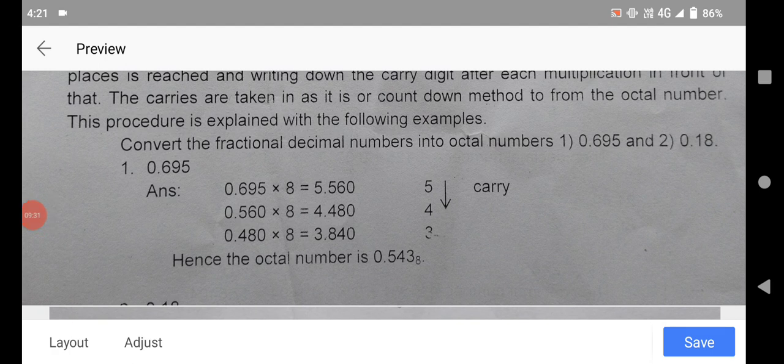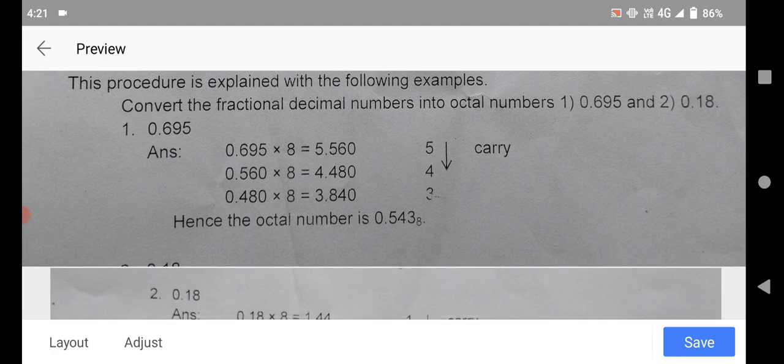In that, the first example is 0.695 and the second example is 0.18. Okay, you see the first example is 0.695. In this conversion, multiply each fractional number by 8. So right now, 0.695 multiplied by 8, and the calculation gives 5.560. In this calculation, 5 is the carry. So note down the carry 5